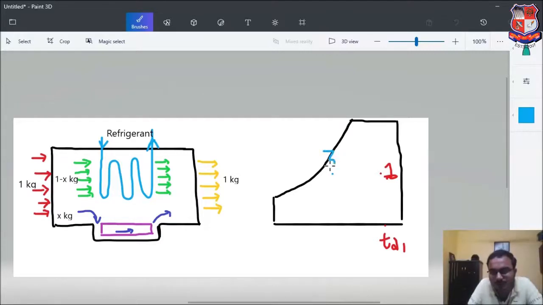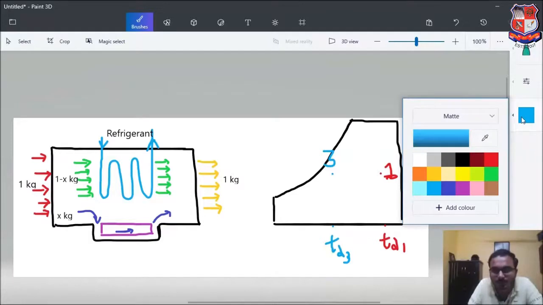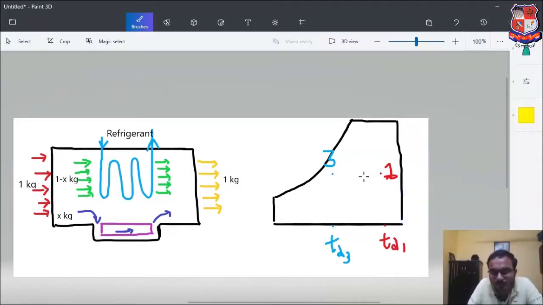This is indicated as point number 3 and its temperature is TD3, and the final temperature of the stream is point number 2, which is TD2. Okay,